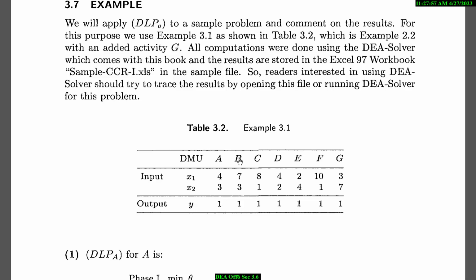B uses 7 of the first and 3 of the second input to produce 1 output. You can see from here that A performs better than B, but we can compare all of these and determine the efficiencies, the reference set, and